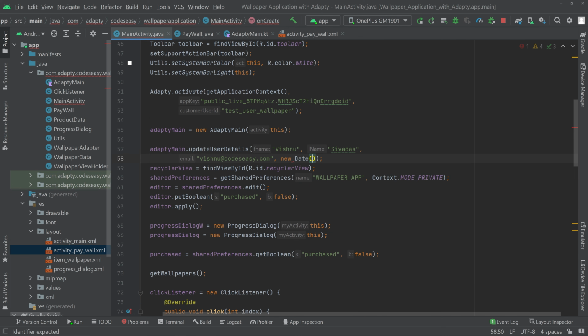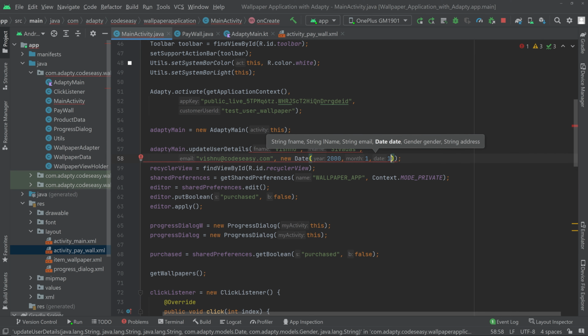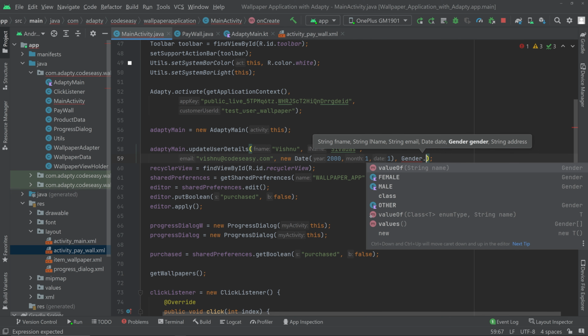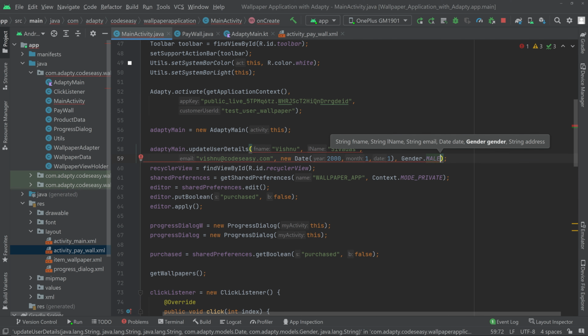Inside that you have to pass some year and month and the date. That's all. Now we have to pass the gender. For that also we have to use the Adapty gender dot. We have to set it to male, female, or other. So let's set it to male,